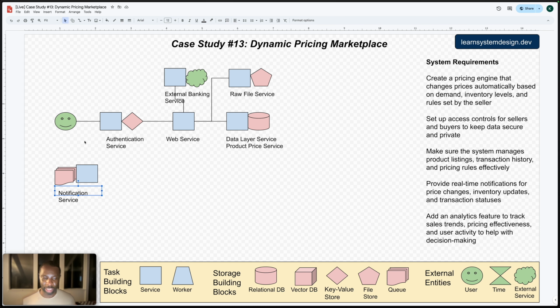The difference between a service and a worker: a service has the ability for a user to interact with it directly. A worker does not. It gets kicked off by an external force. So those are the differences between the two things, if you were wondering. So we have this, connected to this, to the user, and then we go ahead and connect that to the